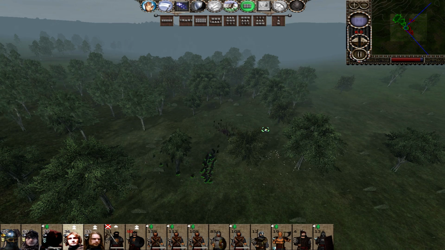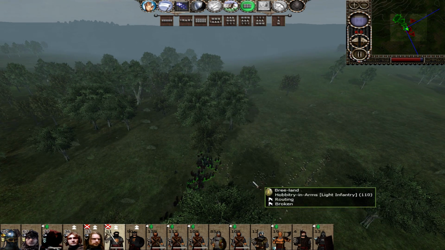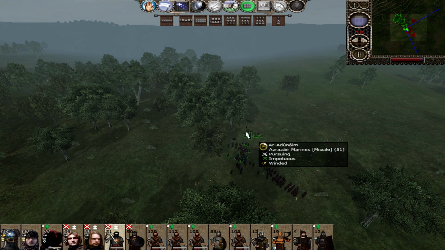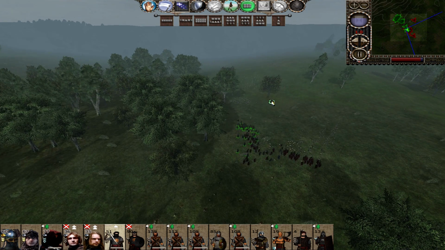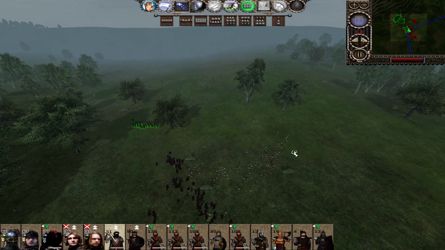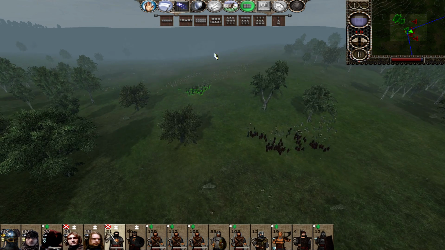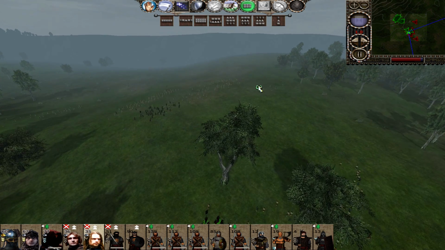Even though the Adûnâim don't get a speed modifier, the hobbits, of course, do. Hobbits are slower than humans. So, as long as we don't get utterly exhausted, we should be able to catch up with them fairly easily. Keep picking them off. I'm sorry, Hobbits, and I am going to execute all of you as soon as this battle is over, but I just can't have you rising up against your new overlords.